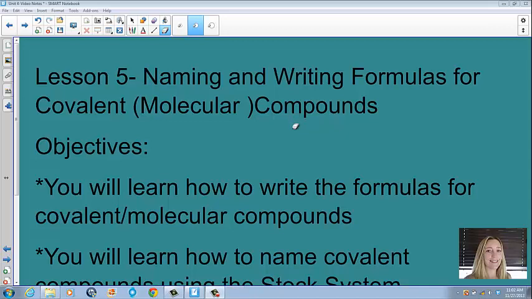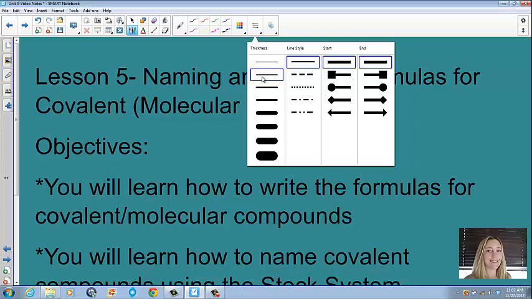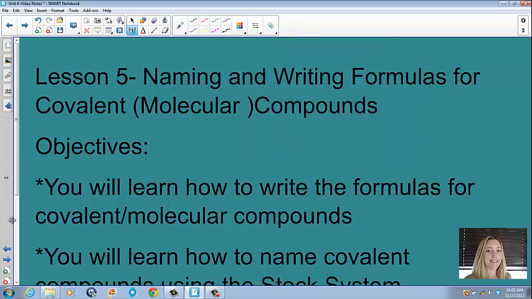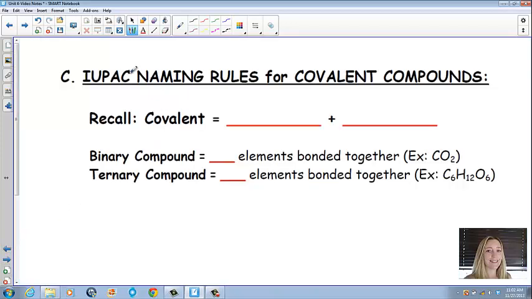Lesson 5, naming and writing formulas for covalent compounds. We can also call them molecular compounds. And our objectives for this lesson will be to name them and learn how to write their formulas. So on page 17, we're going to look at the IUPAC, International Union for Pure and Applied Chemistry, naming rules